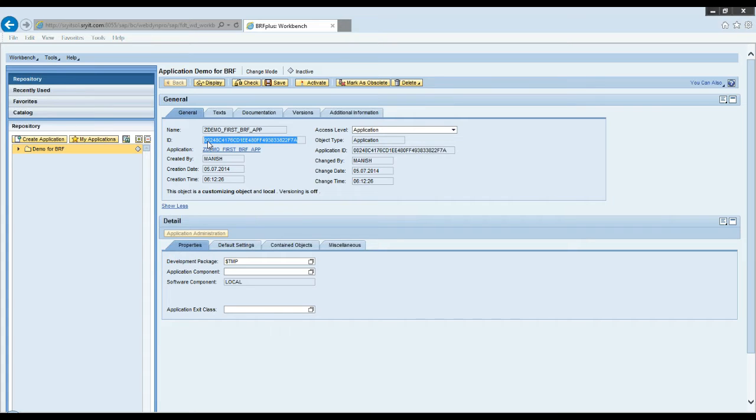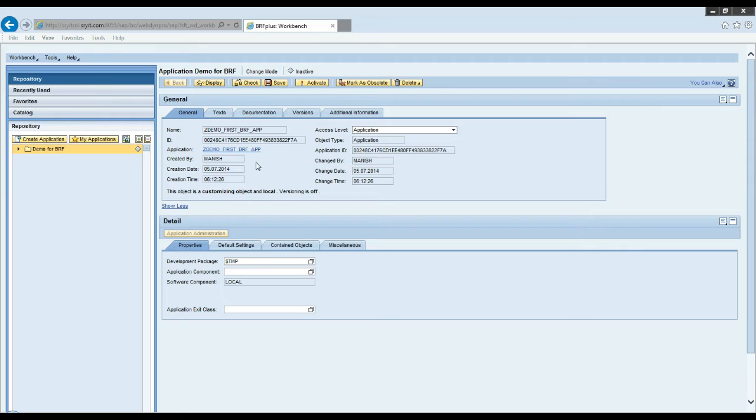So tomorrow, if I want to call a business rule from ABAP, I need to trigger a function from ABAP. At that time I would need this ID to know which function I want to call from ABAP. This is the unique identifier for that. Similarly, when you transport this application from this system to a quality or production system, the system will transport this entry to the quality system. It's a unique identifier. It's a GUID, we call it GUID.